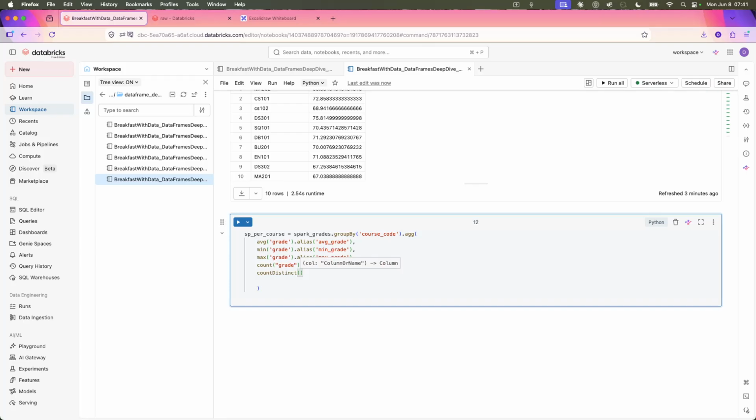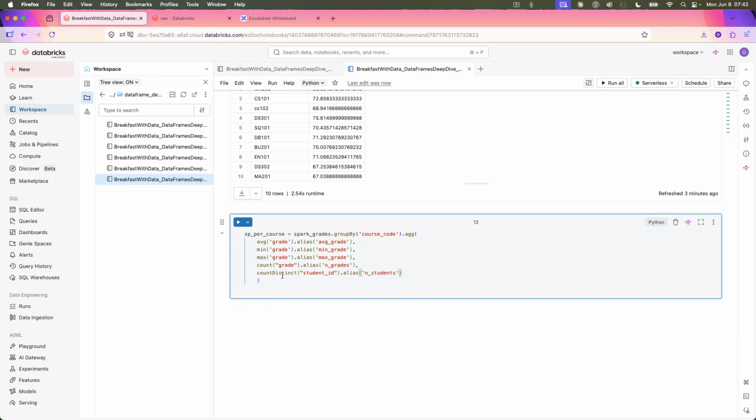And we'll pass in student ID, and we'll do the alias, students, and we can display